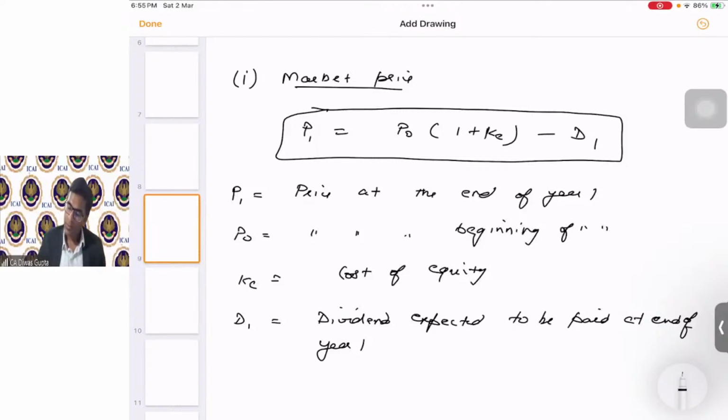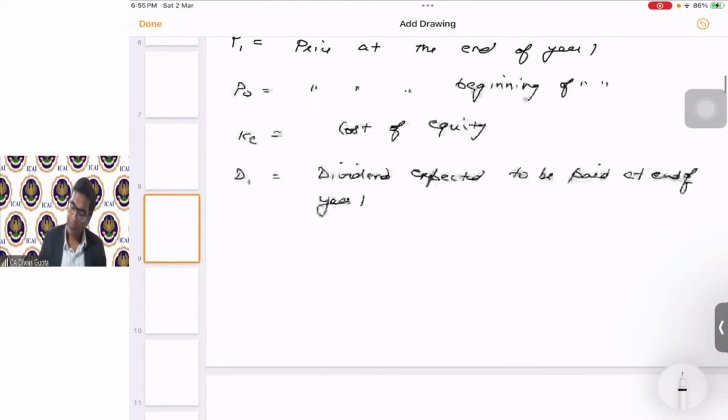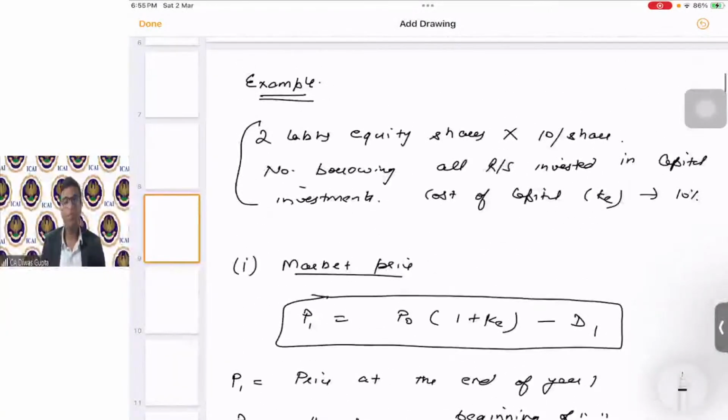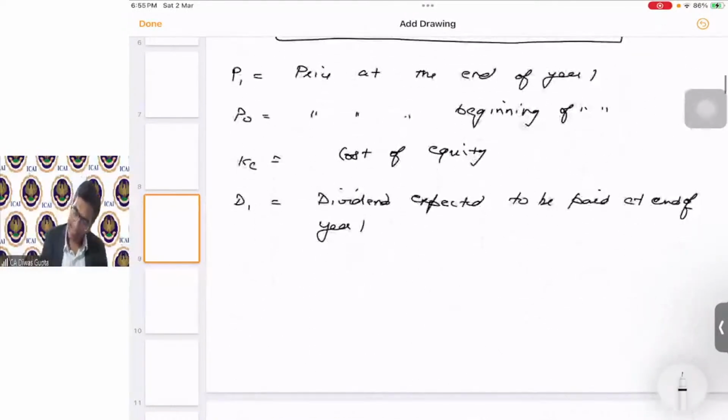Okay. So first step is to calculate the market price. In our example, we have to prove irrelevance theory, right? So we have to take 2 cases, case number 1 and case number 2. So case number 1,